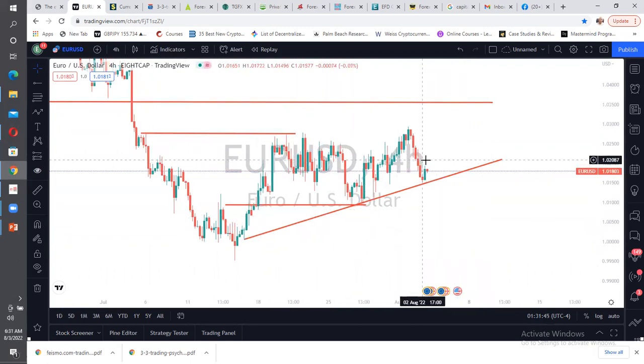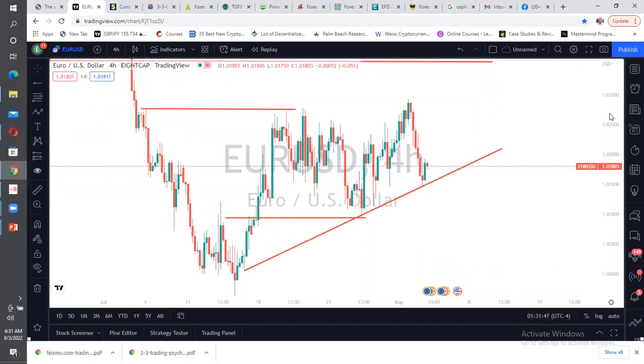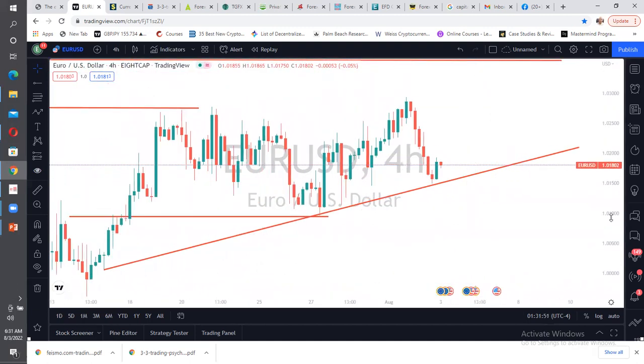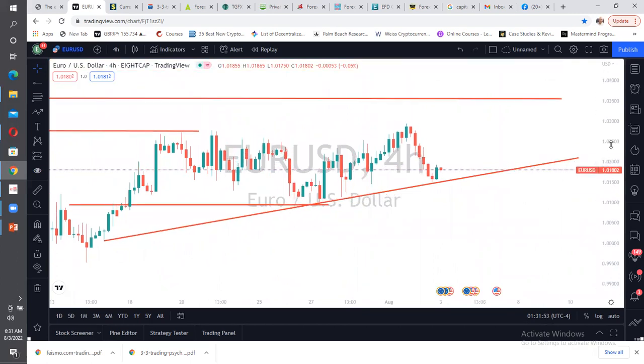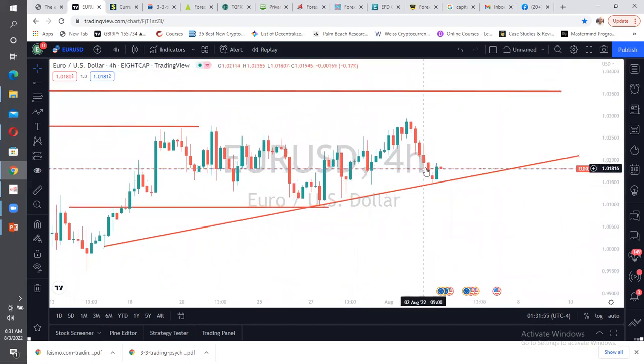As you can see, we have a fair value gap in here. That is where the market is now. Just entered the fair value gap. So we want to see them flush this down. That is what I would be expecting. I would like to see them flush this down, take away this liquidity that is resting on this trend line and possibly come down to this level.